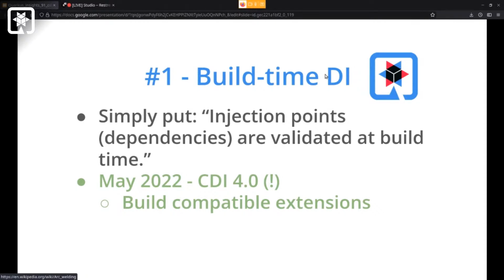Yeah, exactly. But this is really a new version, with some features added. One of the most important features added is called build compatible extensions, which is basically inspired by Arc, but it's a different API, and also it targets different